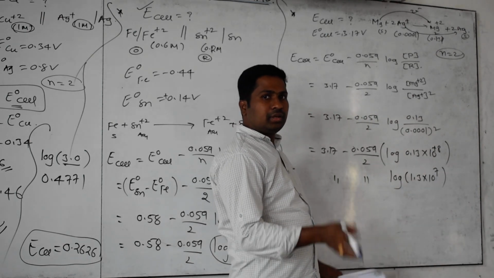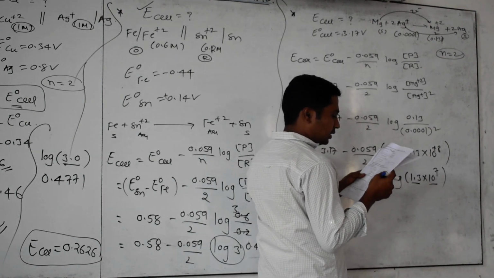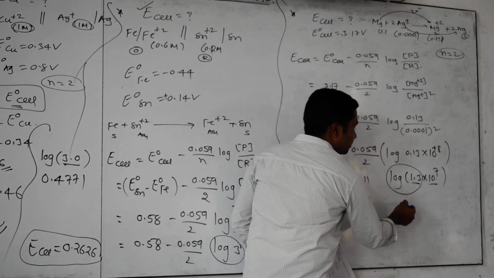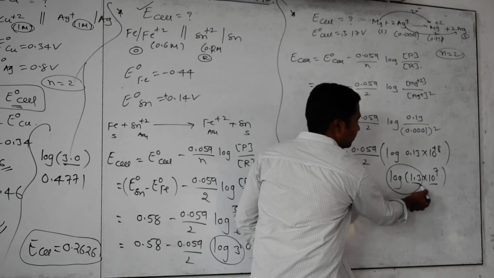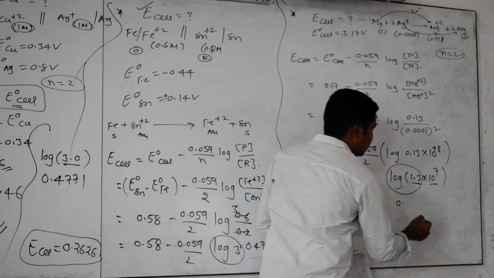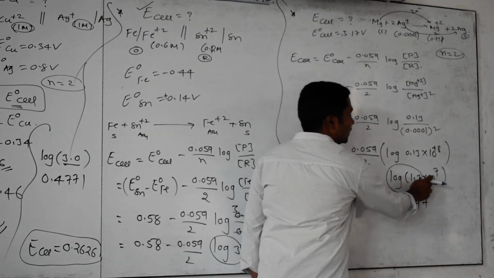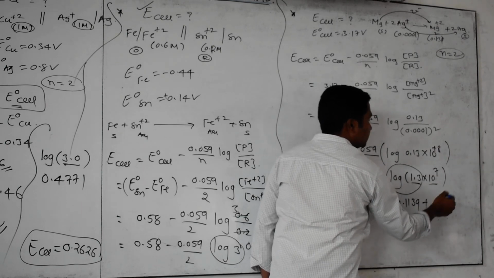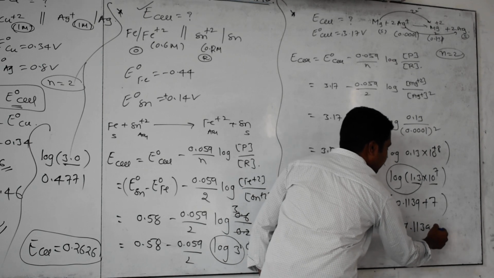Now how can you see? We did it yesterday: log AB is log A plus log B. First of all, you have to see log 1.3. Log 1.3 means how much value will come? 0 point, because before the decimal there is 1 digit, minus 1, 0 point. How to see? For 13, 0. How much? 1139 is coming. Plus, how much is coming? Log 10 to the power of 7. Log a power x is x log a. 7 log 10 to the base 10 becomes 7. So the whole term is becoming nothing but 7.1139.